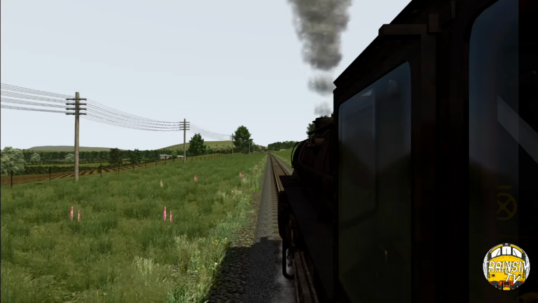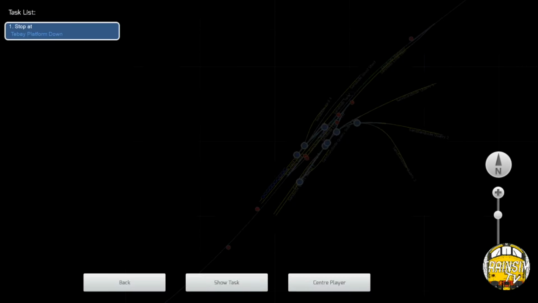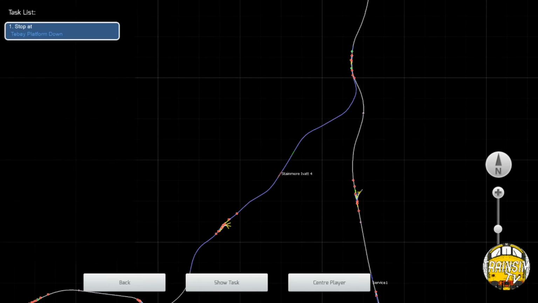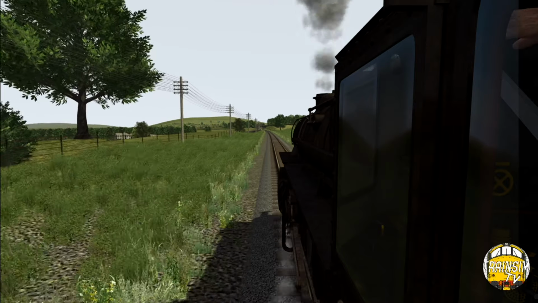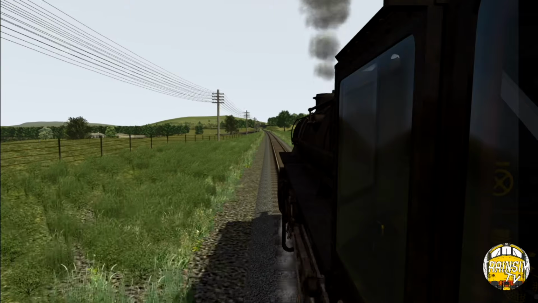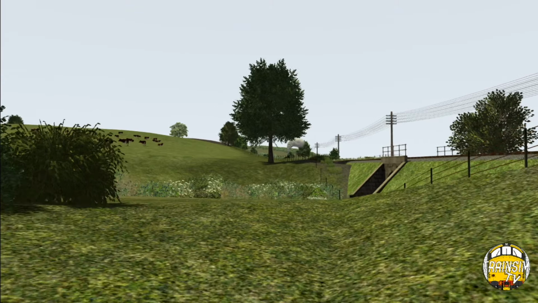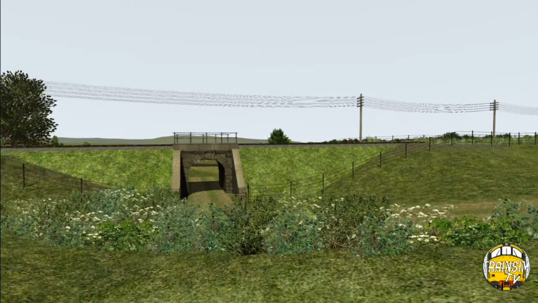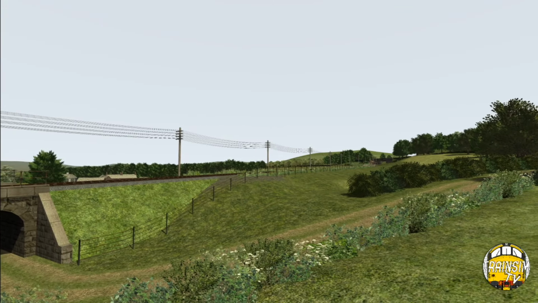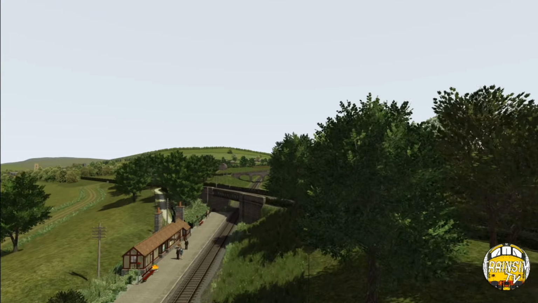So the loco going up here is absolutely flat out. There's nothing else to give. We're nearly at Hincaster now, where we'll be ending this video. It's not far past Heversham. I like the scenes that you can capture on this one with the little farm bridges and stuff. But again, the one thing I would say again is